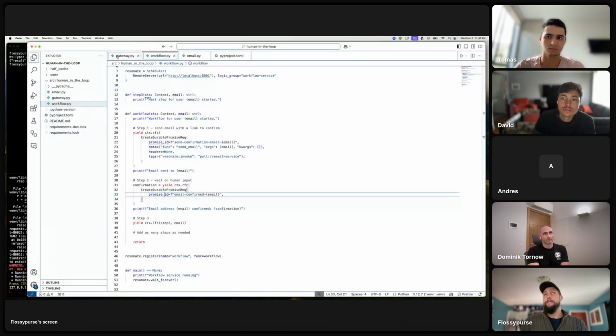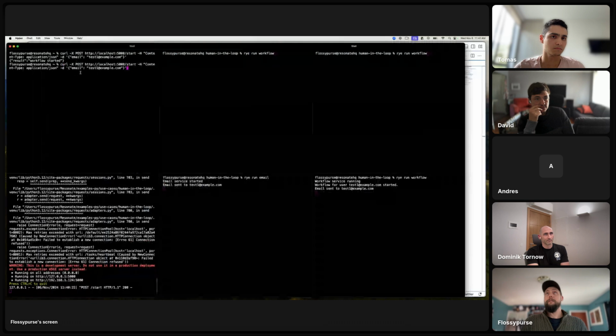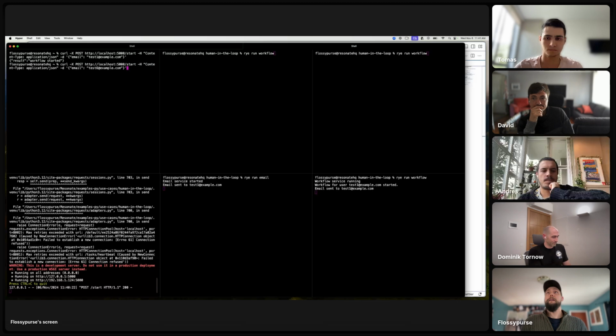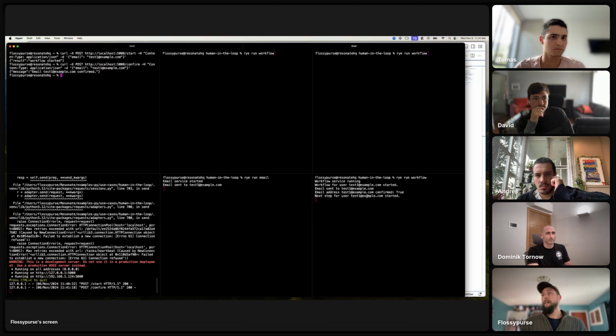Resonate makes that very incredibly straightforward in this very simple example, where we can send a confirmation request to the gateway, which then resolves that promise and unblocks the workflow, continuing on to the next steps, however many steps you need. Very cool.